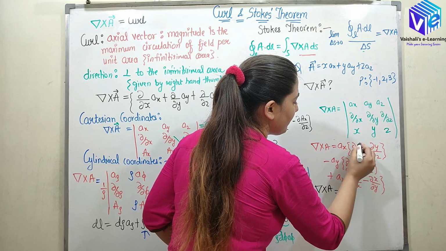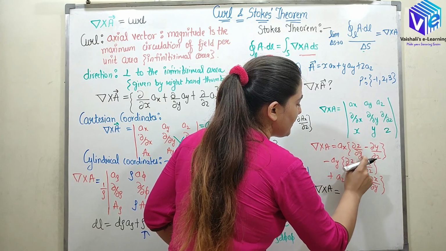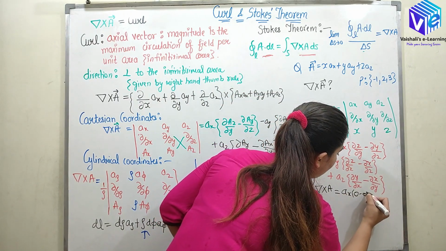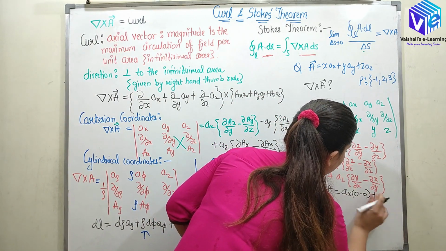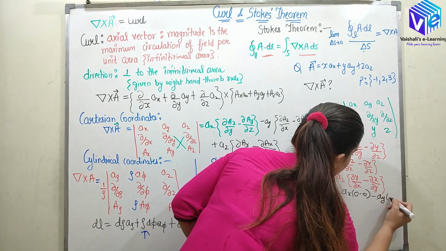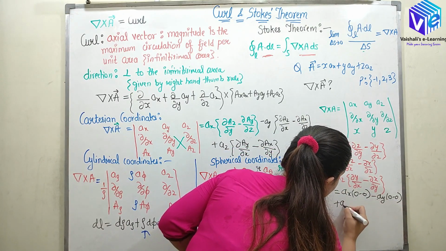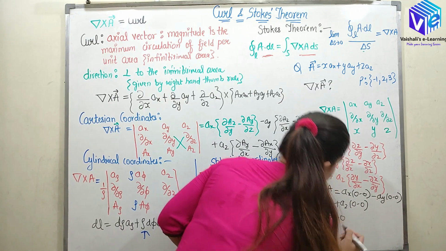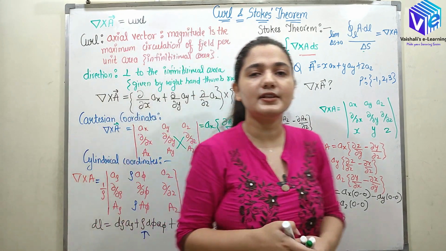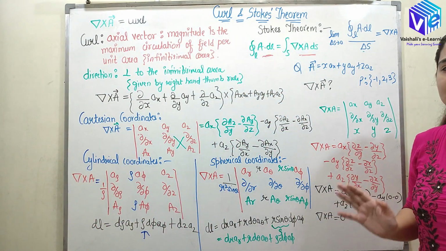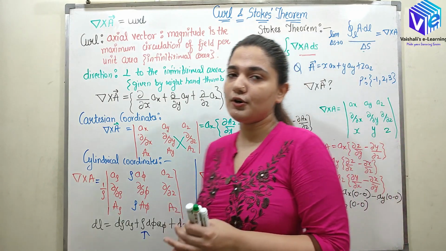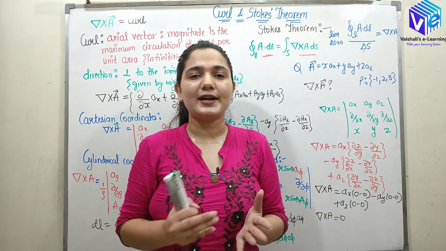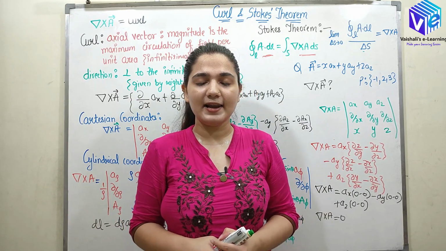So now I have to find out del of z upon del of y. So here it will be 0. So here ax into 0 minus 0, minus ay into 0 minus 0, plus az into 0 minus 0. So del cross A is 0. So now the curl of this vector around this point is 0. I hope now you understood. There is no circulation of the field and there is no torque, or there is no rotating field around the given point. So here I'll be concluding my session.